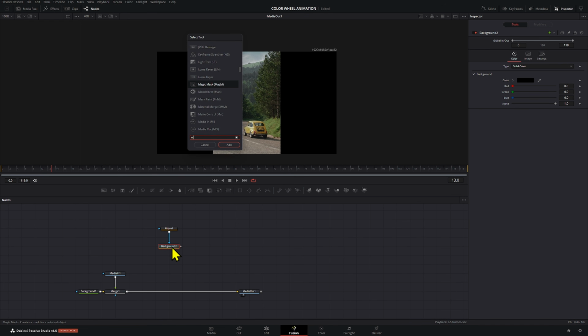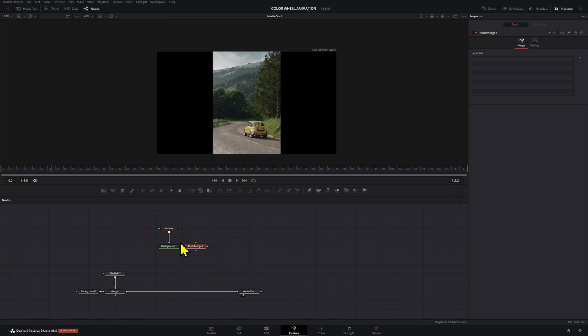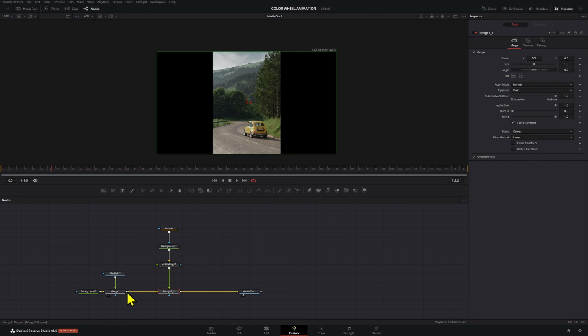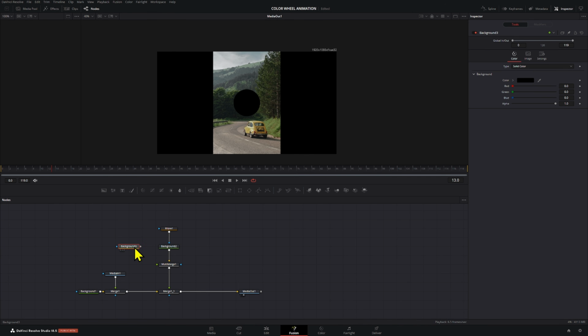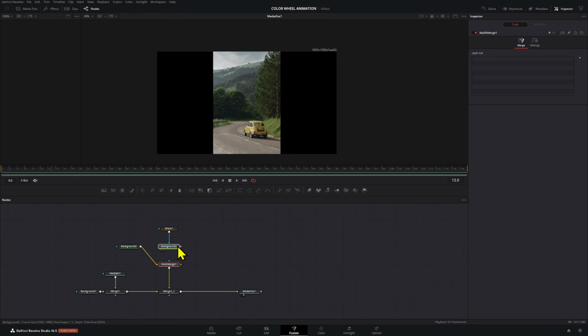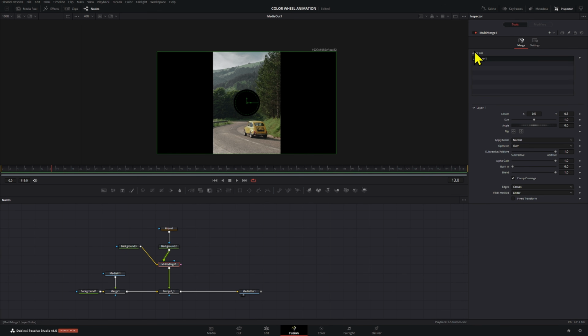Then we're gonna add a MultiMerge node. If you're on DaVinci Resolve 18.5 at least, you should be able to use these. If not, just add a normal Merge node and connect those like that either way. Now, one key thing here, if you add a Merge node, is that you have to add another background here and make sure it's 0. And we're gonna use that background as our background coming into the MultiMerge node. That way, all the layers of the bubbles, or these parts of our circle, show up here. Otherwise, the first one that you have is not gonna show up there and it's just gonna show up as a background.